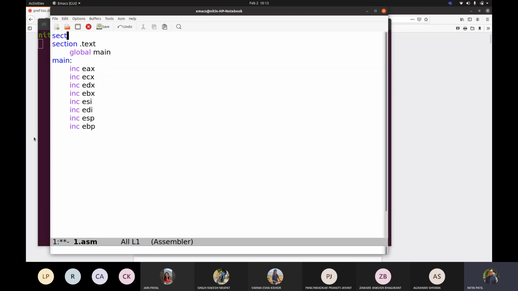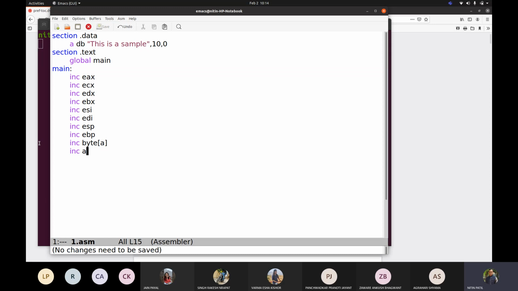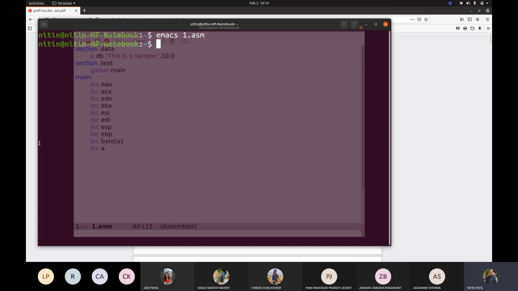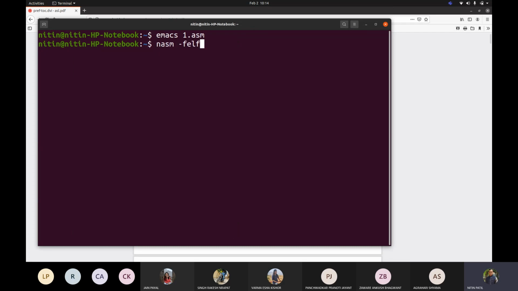And let me take one element here, section .data. Okay, we will take section .data, A DB. This is the sample. Okay, so let me write this and we will try to see whether it is going to generate some error for us. Fine, so let me write nasm -f elf 1.asm.